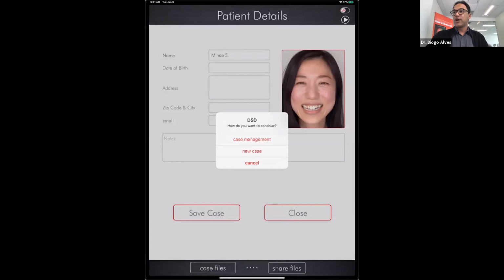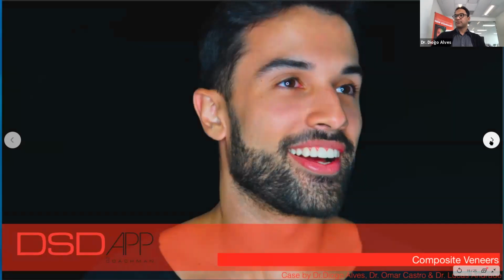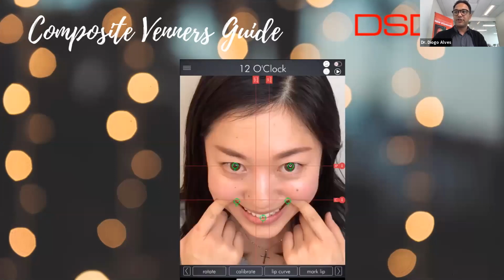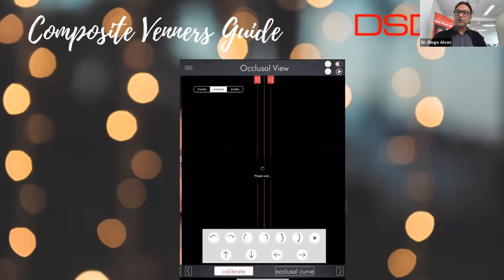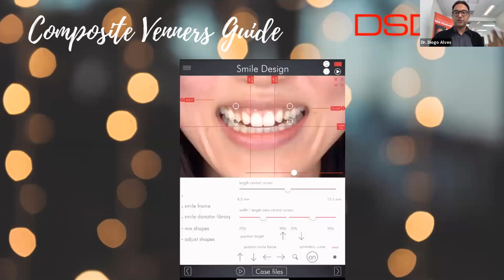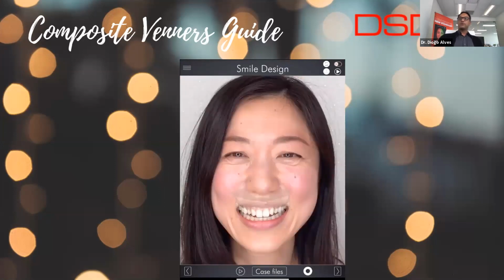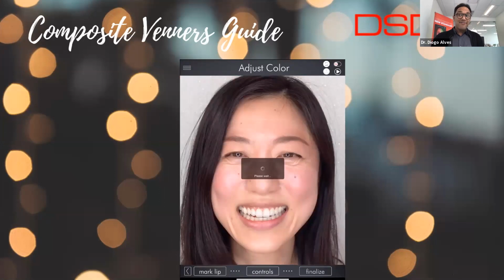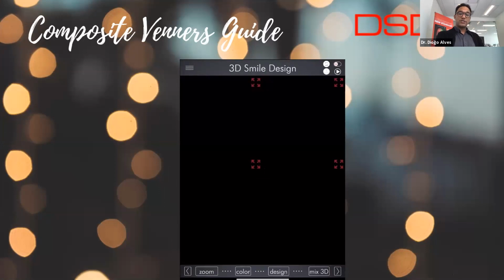I just want to go back here to the slides. Here's another example on how you can do your composite veneer guides. As I was showing you guys before, you can use more documents as well, such as 12 o'clock pictures, profile pictures, and so on and so forth. For you to design your composite veneers, if you have to prep something, all that you have to do is open the case that I just created, go straight to the end,